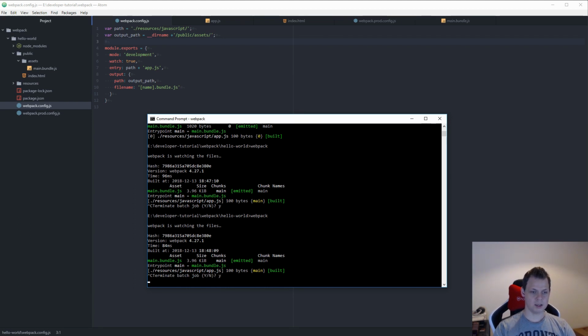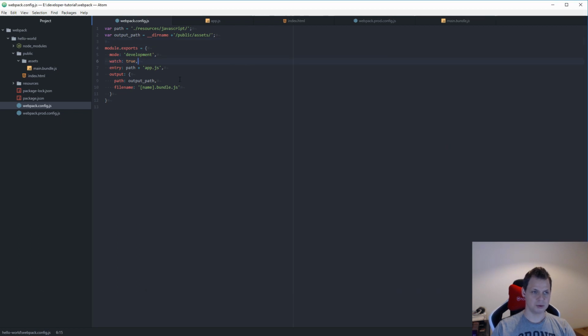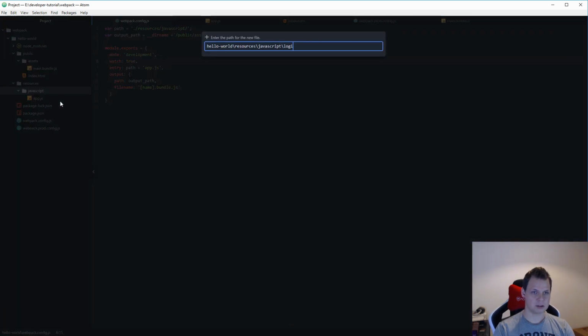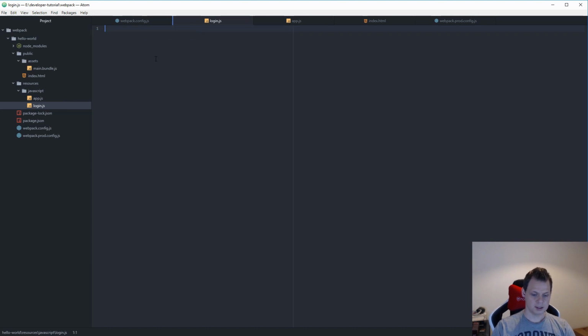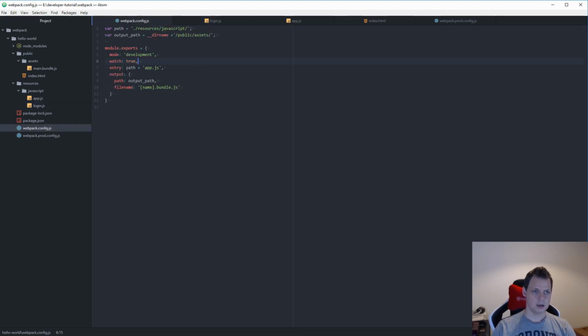And now you think, what if I have two applications? What should I do? You can basically just add one more JavaScript file. Let's call it login.js and put in a login console test. And now we want to change the entry point to an array, where the first one will be the name and the second will be the file. So in this case we say app, and then login should be login. If I compile this again,